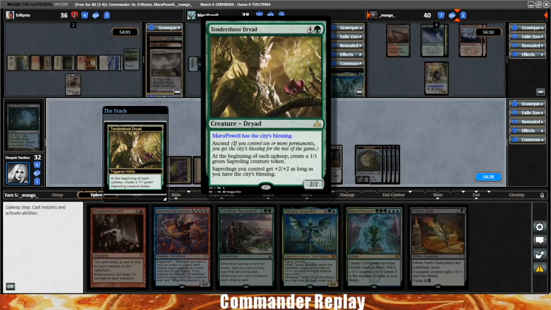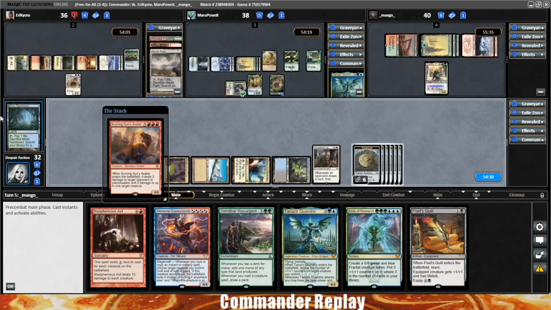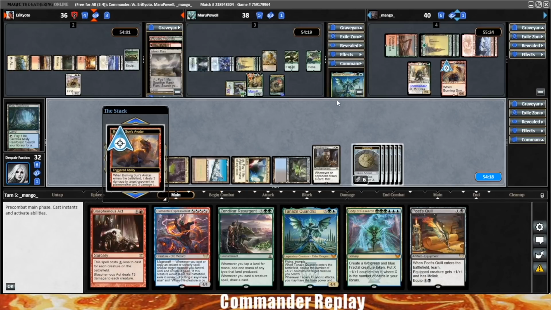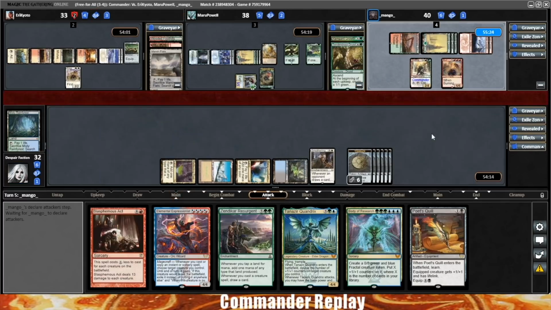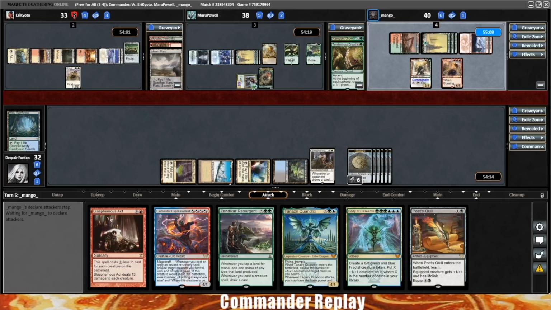Like, what this does just gets out of hand. Burning Sun's Avatar, ooh, maybe not on the Blasphemous Act. Yeah, they're just going to shoot the Tender Shoot Dryad. I think we can hold off on the Blasphemous Act then. Ooh, we would need one more treasure to go Zendikar Resurgent into Body of Research. Although everyone has blockers up, so it won't just kill people. But at some point, we can just go Blasphemous Act, and then this will probably survive, and everything else won't, so...